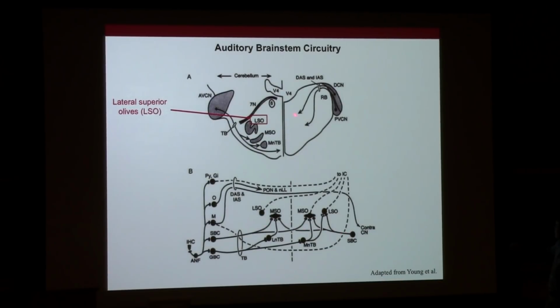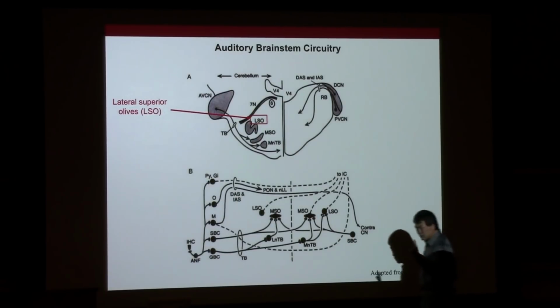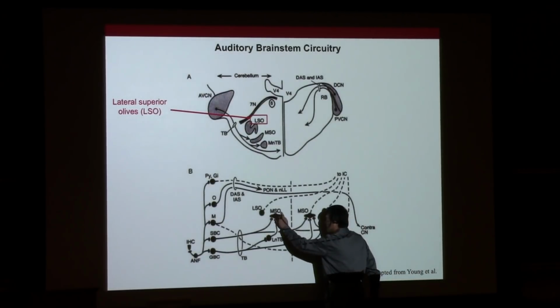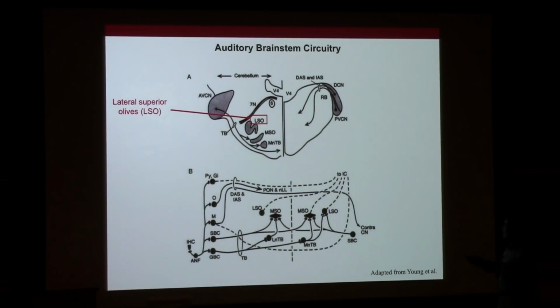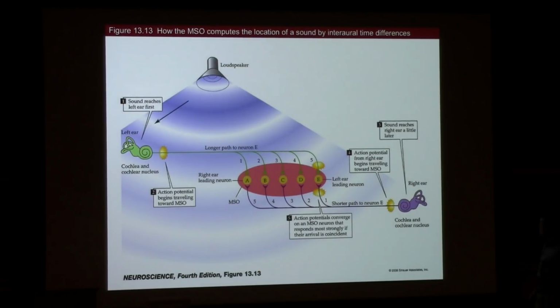This structure, on this side and also on this side, is called the medial superior olive. Don't worry about the name, I'm not going to ask you about it. But there are two parts, a medial part and a lateral part, of the superior olive, and that is the name I spelled here. Each of them calculates interaural time difference and intensity difference. Okay. Now how does it do this? So let's look at